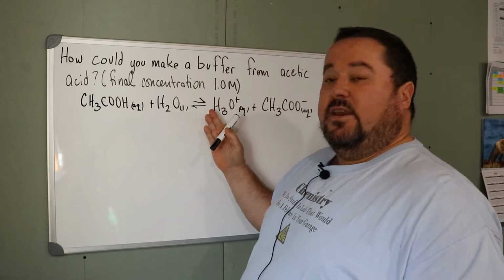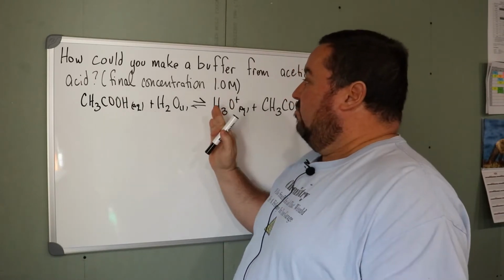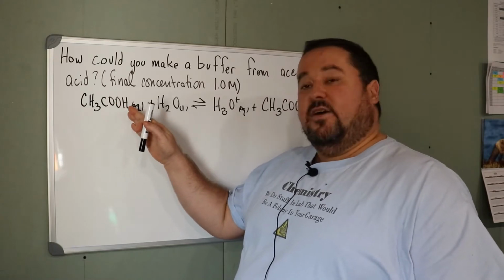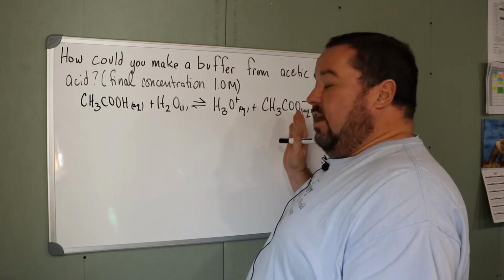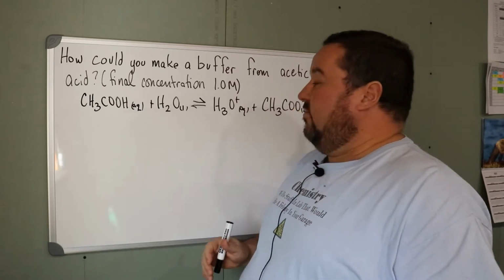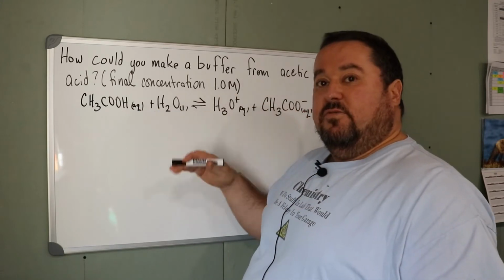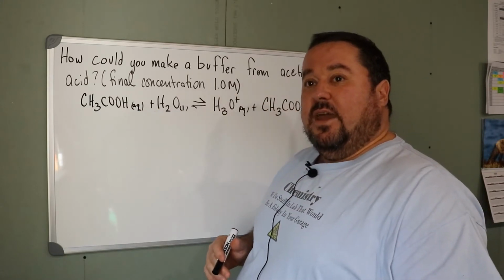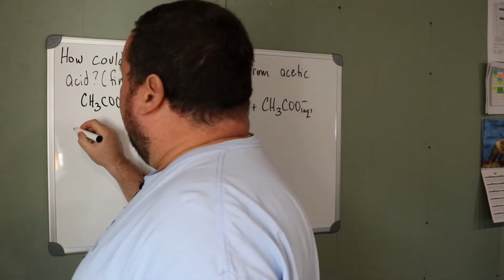is because the ionization is very low. Equilibrium lies strongly to the left. Most of the material remains in the unionized form. We need to get some of the conjugate base of the weak acid in order to allow equilibrium to shift left or right and to allow it to act as a buffer. So we have two choices. Number one